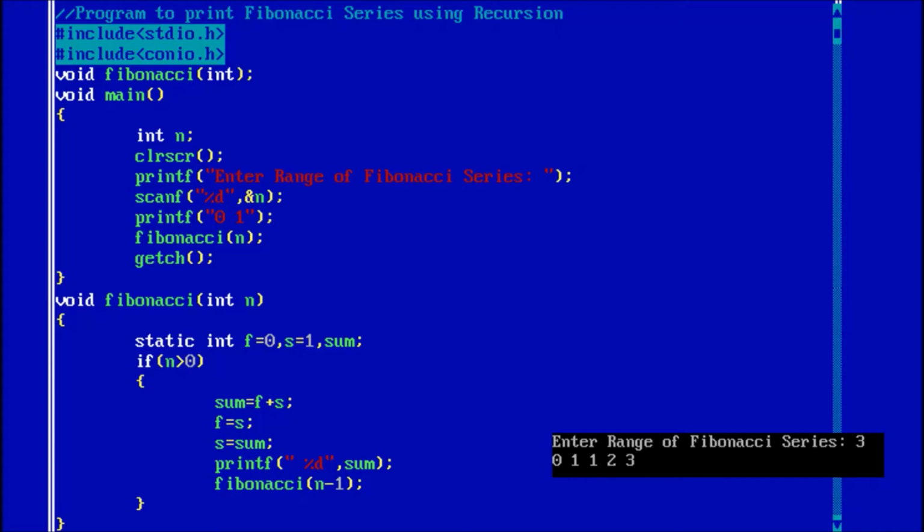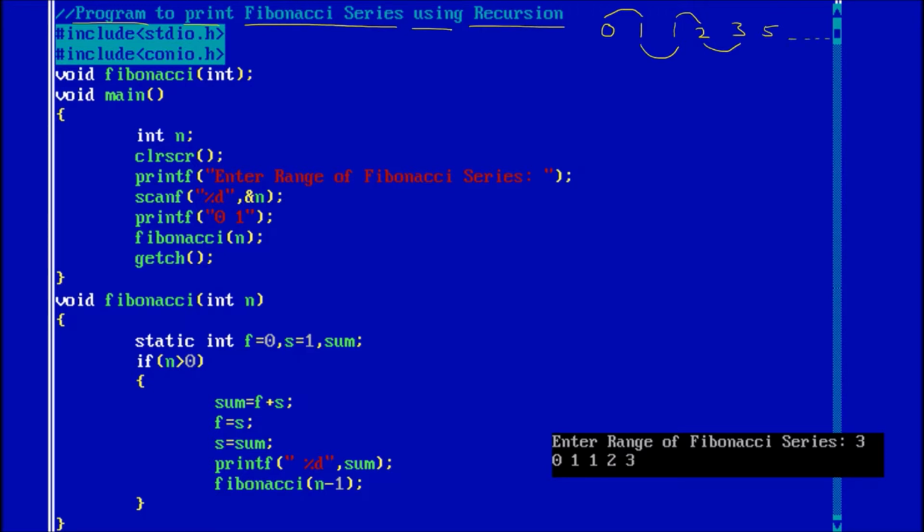Okay everyone, so now we are discussing the program to print the Fibonacci series using recursion. Recursion means a function is calling itself. And for the Fibonacci series, we know that if we are given two numbers, 0 and 1, then their sum will become the next value, and the sum of the next two will become the next one, and similarly it will go on. So this is the Fibonacci series, and we are implementing this program with the help of recursion.